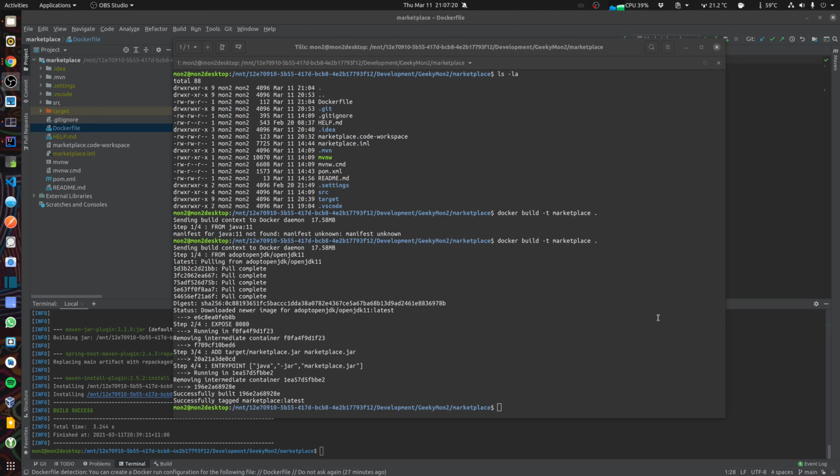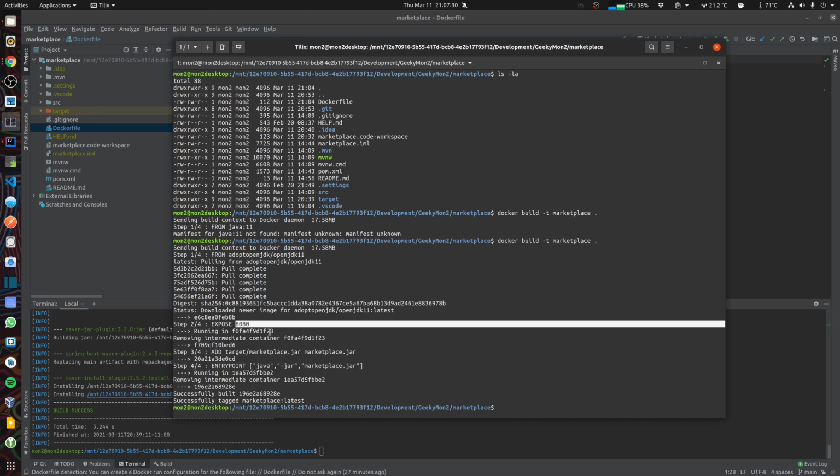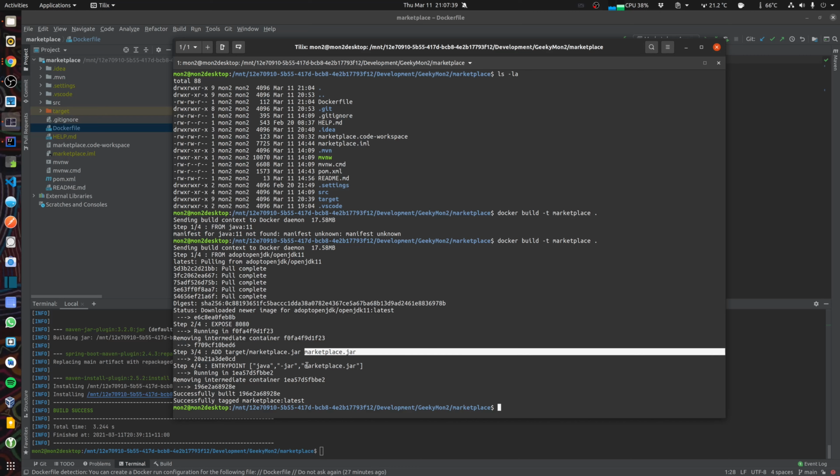So it has completed the build of the image. So what it basically did was it used the OpenJDK 11 image, and it exposed the port 8080 on my Docker container, and it has added the marketplace.jar that was built using my Maven command and used that name. And then for the entry point, it's running the java -jar command, and it's running the marketplace.jar.